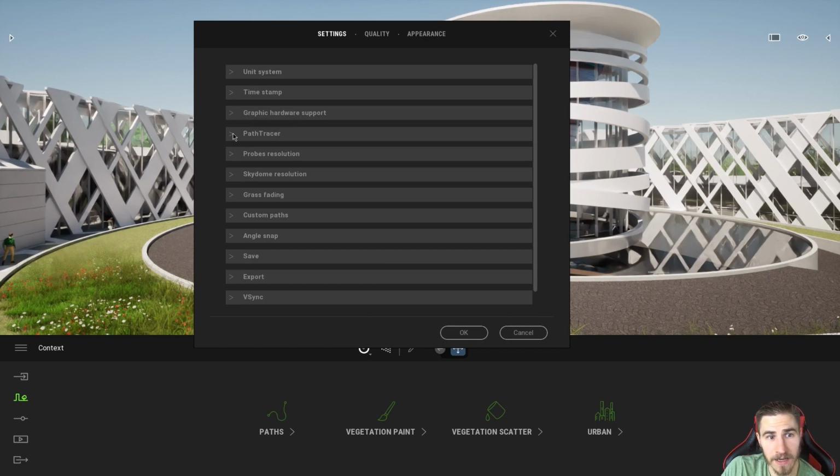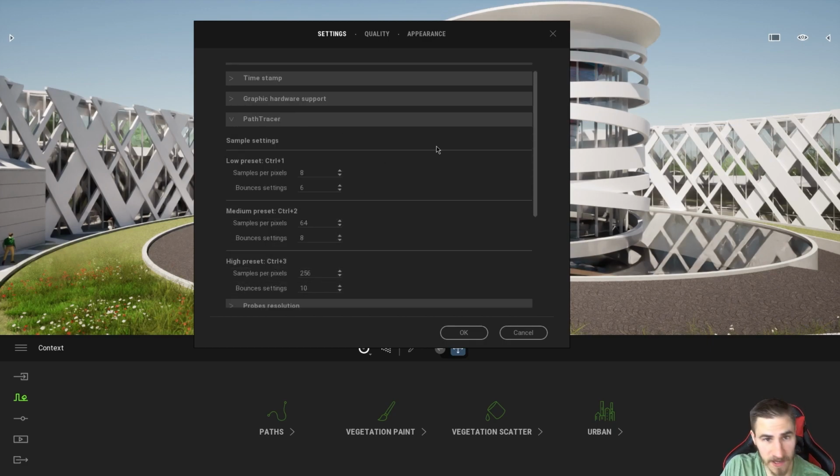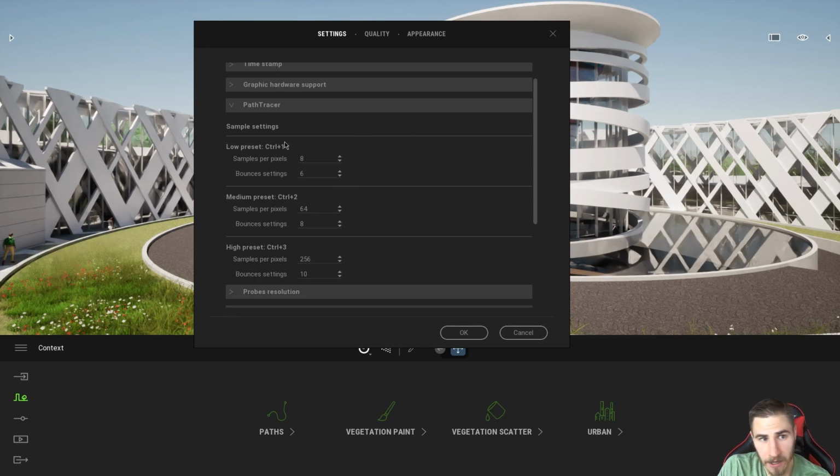Cool, that's good. Now, finally, the path tracing. I'm not going to go over all of these settings now because I want to do a separate path tracing video, because there's a lot to look at, and we can get into more detail in that video. But what we're looking at here is really the more in-depth settings, the preferences, for the low, medium, and high presets that we were just